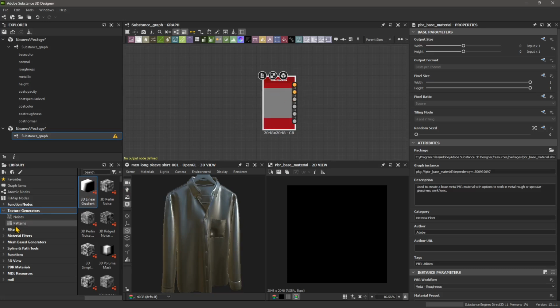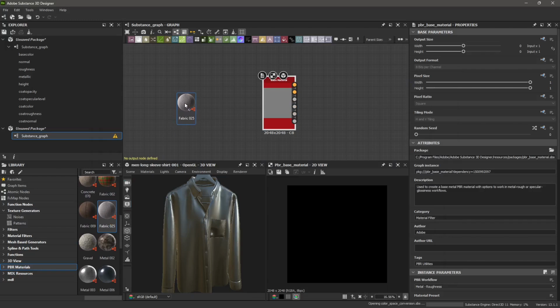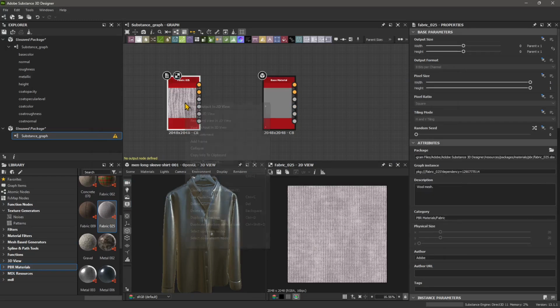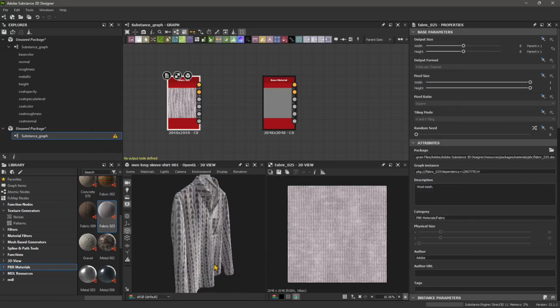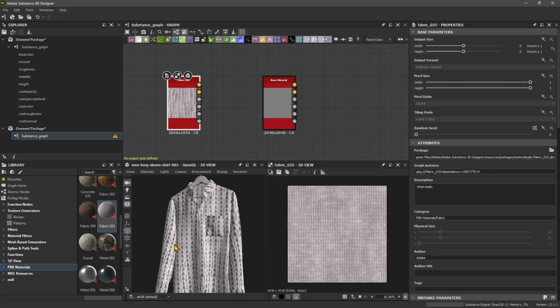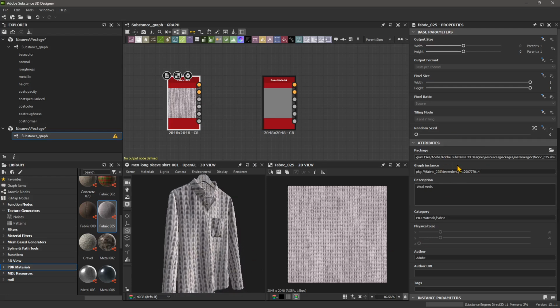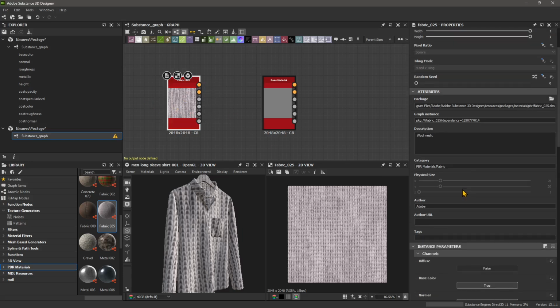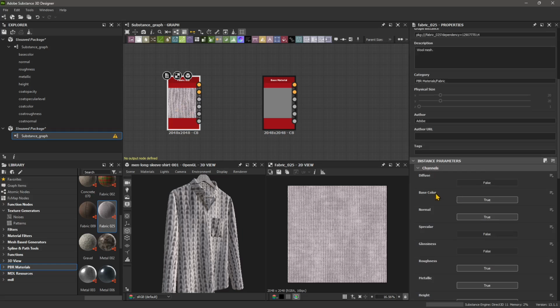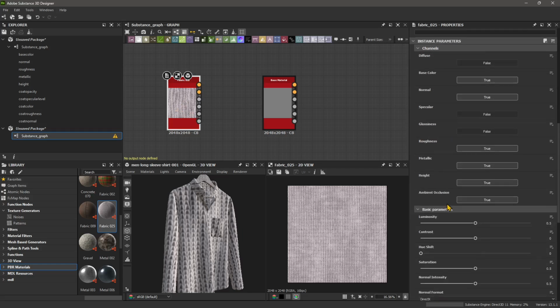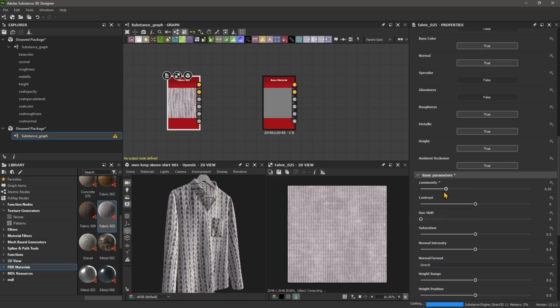Now again, if you want to use some preset materials, we can also go here in the libraries. We have PBR materials, and let's choose fabric. Okay, and then right click, view in 3D view. There you go. That's pretty big, but now we go to the parameters. Let's select this node, which is kind of a central node of the material. And here we can find the various channels that we are using right now, and then also some adjustments like